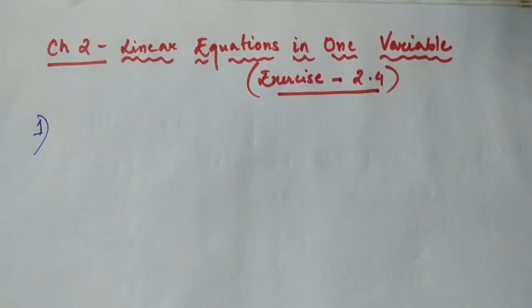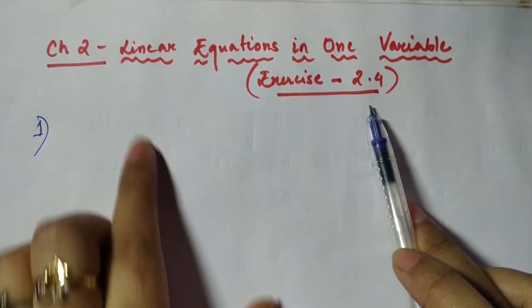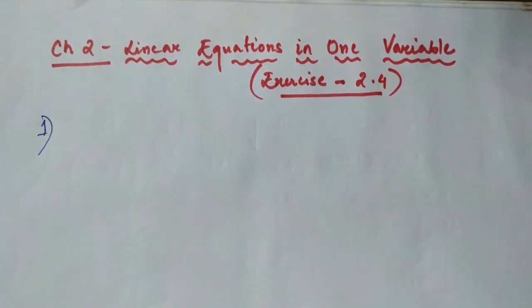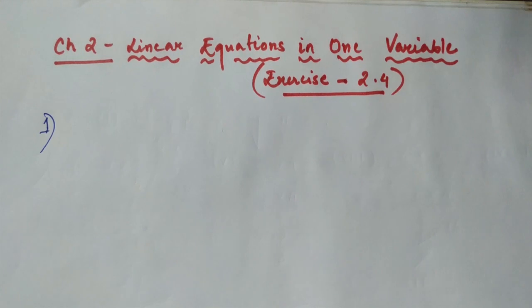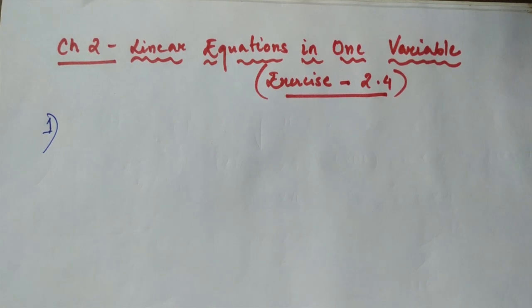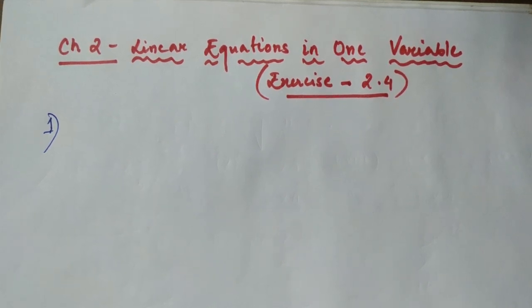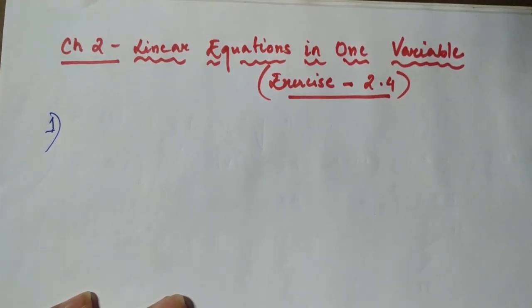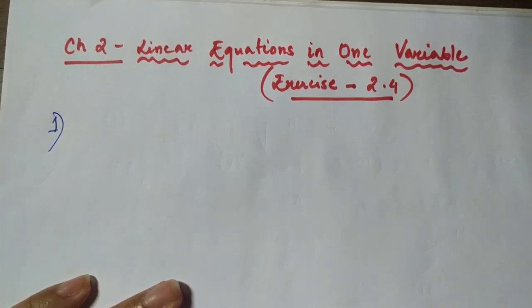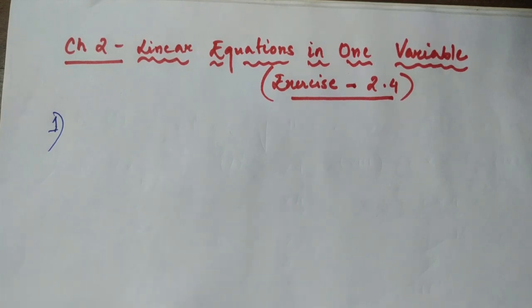Hello students, today we will be starting with exercise 2.4 of our chapter, linear equations in one variable. In the last three exercises we learned how to solve various linear equations, find a solution and verify the given solution, and also a few problem sums. In exercise 2.2 we had a few problem sums where we form the equation and then solve it to find the value of the unknown, and then find the required thing asked in the question. Here in exercise 2.4 also we have about 10 problem sums.